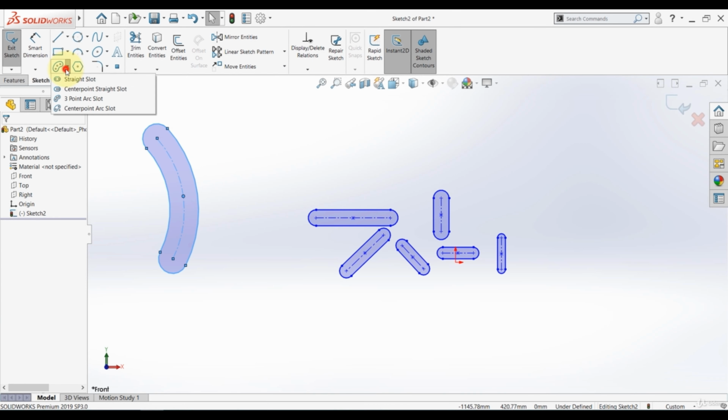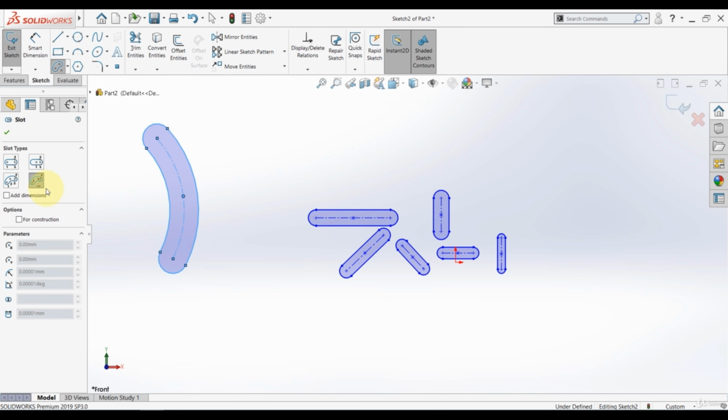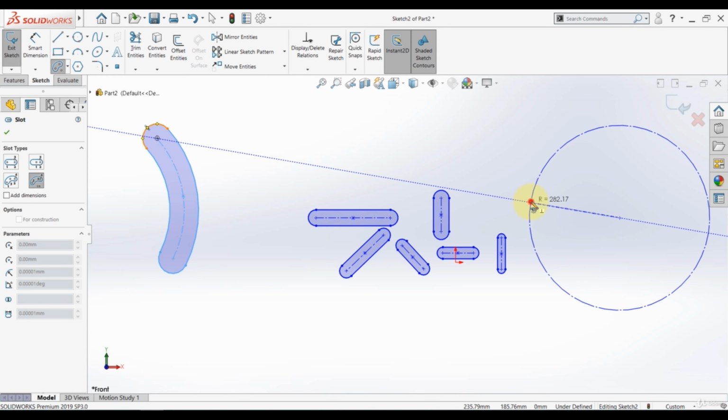Now, the fourth type is center point arc slot. In this case, as you can see, the first click indicates the center point of the arc, then the second click indicates the starting point, the third click indicates the end point, and finally the fourth click indicates the width of the slot. So let's start: the first click, the center point, the second click, the starting point of the arc,